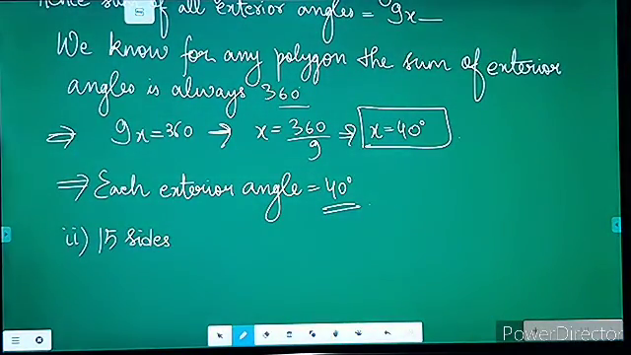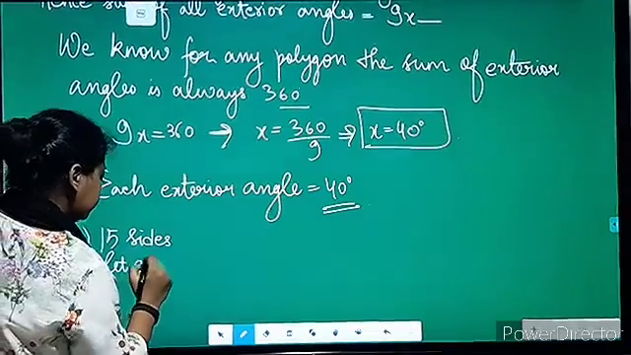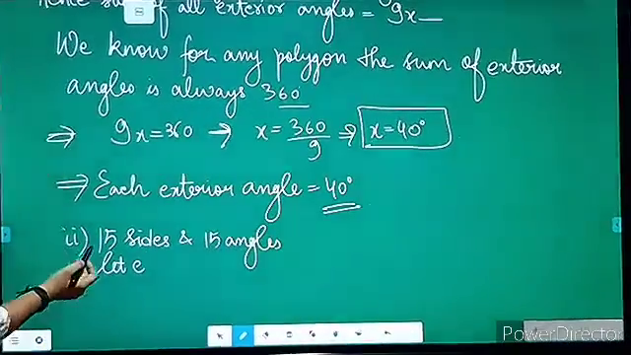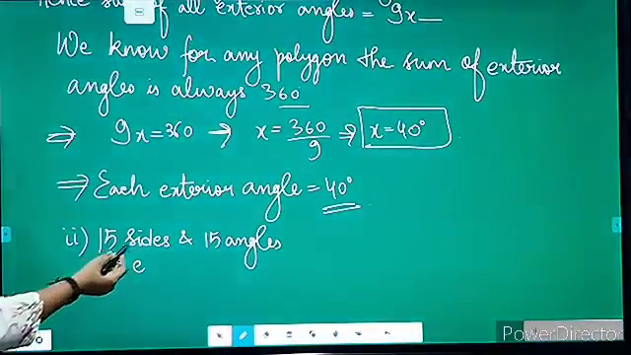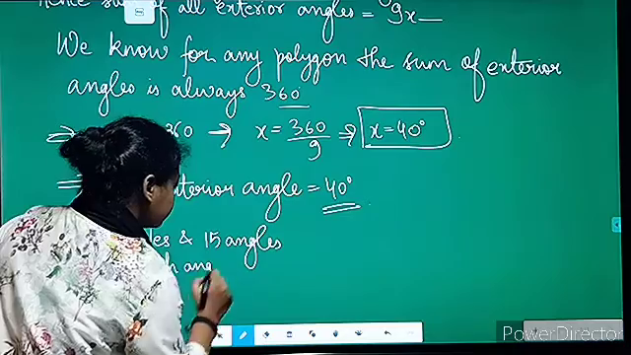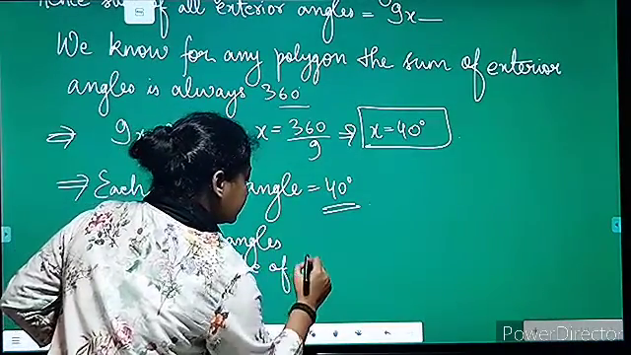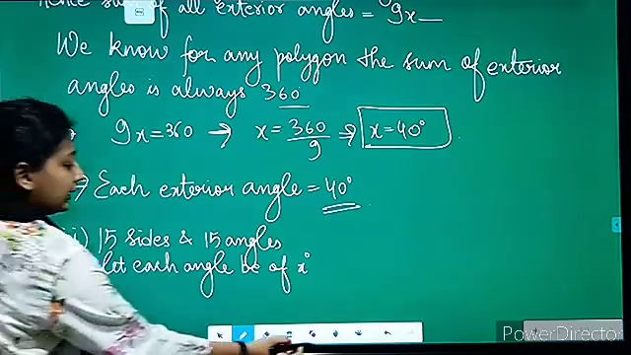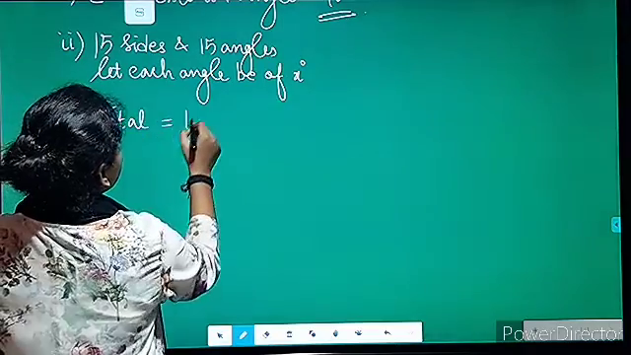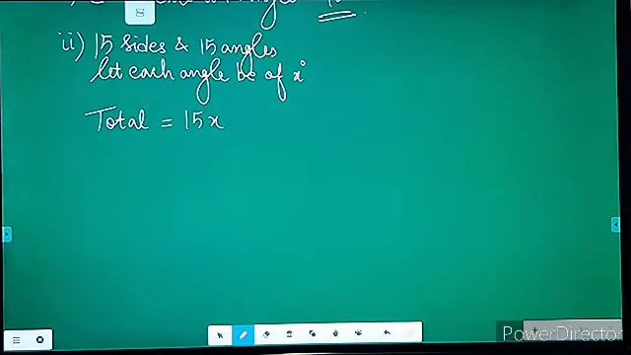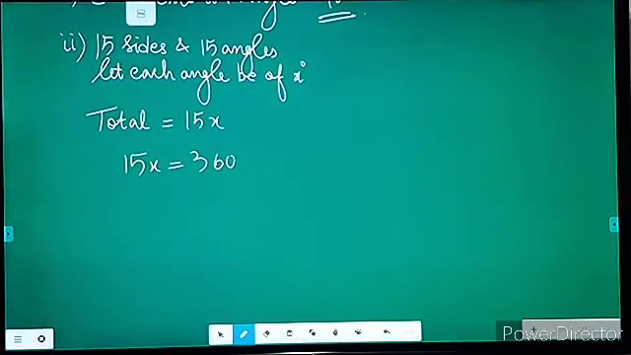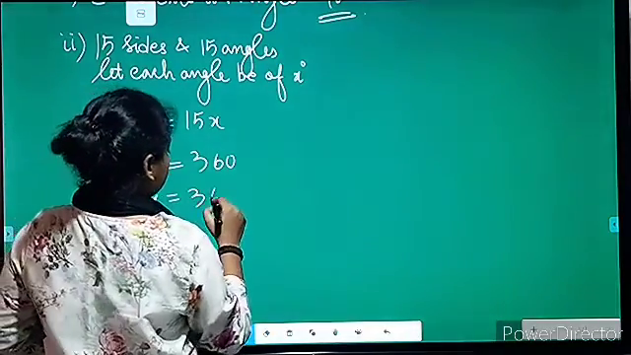Again it is a regular polygon, so 15 sides and 15 angles. In a polygon, the number of sides is equal to the number of angles. So, a 15-sided polygon will have 15 angles. Let each angle be of x degrees. If each angle is of x degrees, so total will be how much? Total will be equal to 15x. This will be the sum of all the angles, and again the sum of all the exterior angles of a polygon must equal 360. From here x equals 360 by